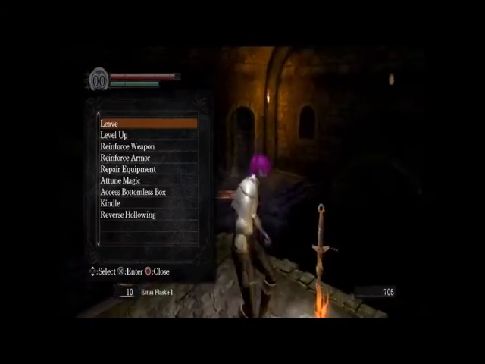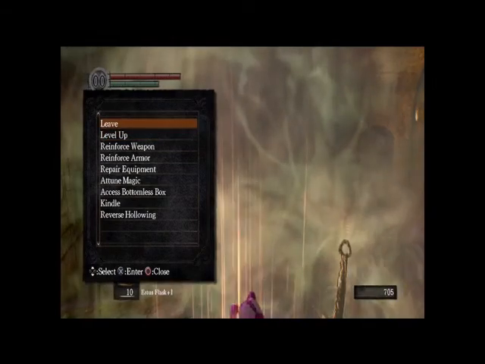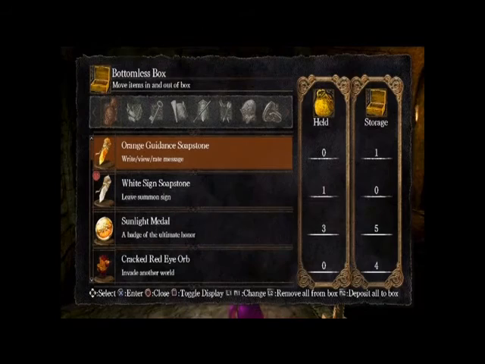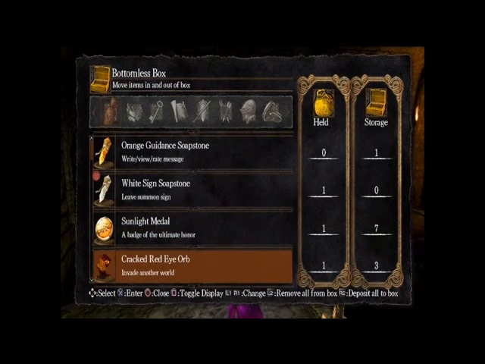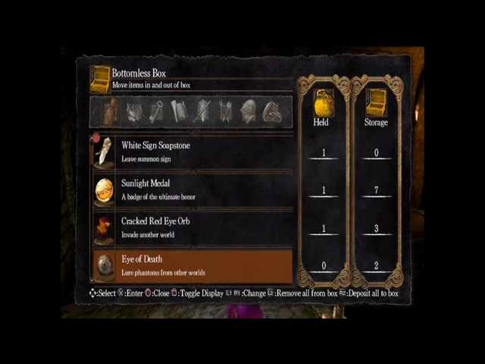So here we're going to activate this bonfire again. That way I don't have a repeat. We're going to access our bottomless box for a few things. So number one, we want one sunlight medal. I think I can give it a crack, or what I want to do, I can give a cracked red eye orb